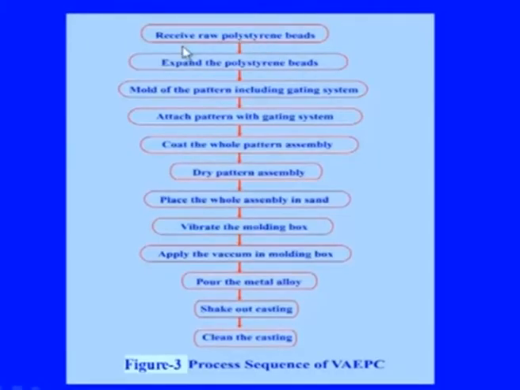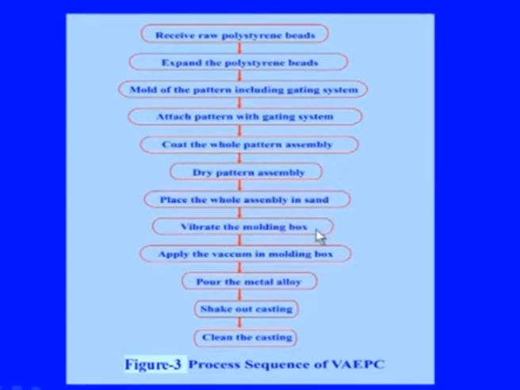In the first step, raw polystyrene beads are received, they are expanded, then the mold of the pattern including the gating system is made, then the pattern is attached with the gating system, and the whole pattern assembly is coated. In the next step, the pattern assembly is dried, then the entire assembly is placed in the sand, then